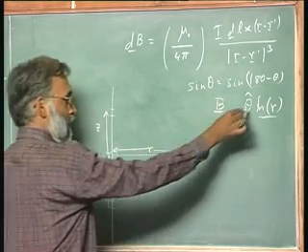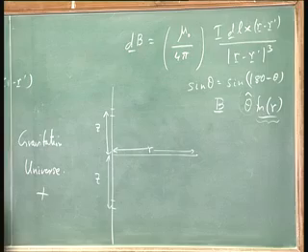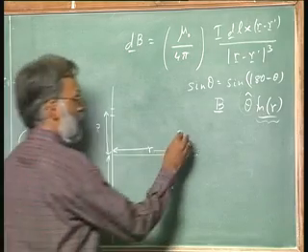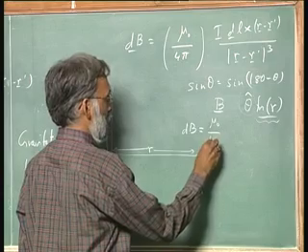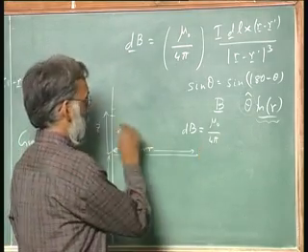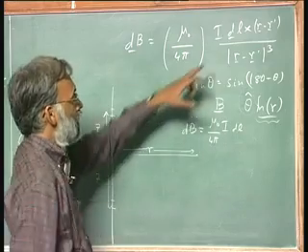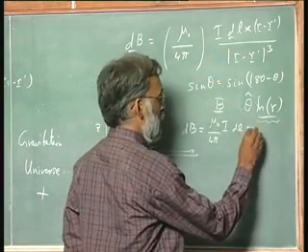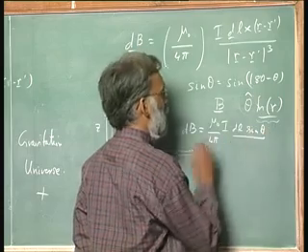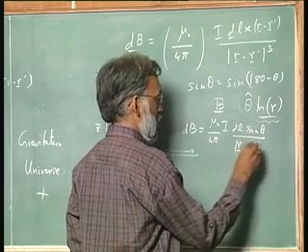I know that the B is in the theta direction. So, all I need to do is calculate the magnitude. So, I get dB is equal to mu naught over 4 pi, the current I dl. The dl cross r minus r prime is just going to give me a sin theta divided by r minus r prime squared,